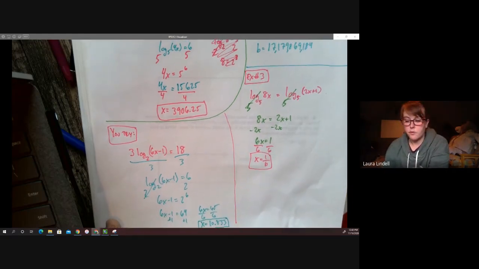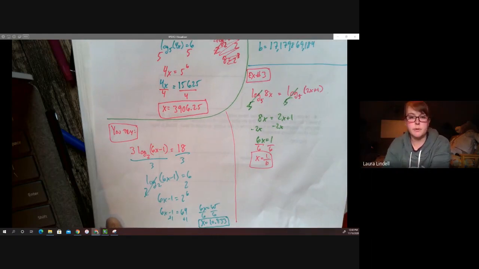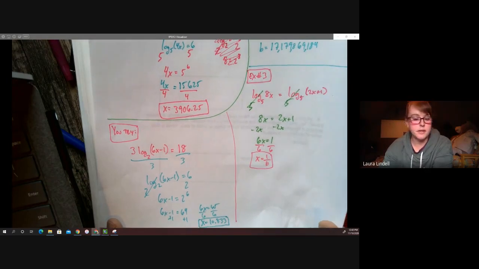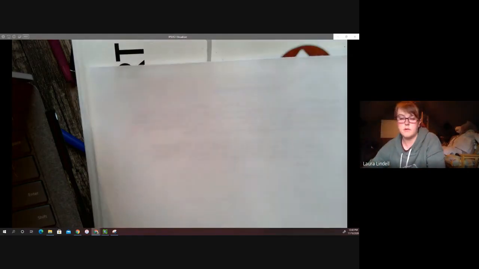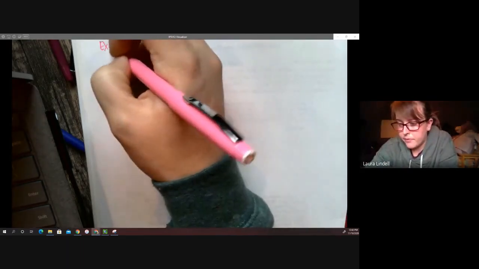Okay, so those are mostly the kind that you guys are going to be asked to do. The other kind that we will see is something a little bit more complicated, so I'll show you one of those as well. I don't believe you'll see any of these in your IXL sections, but they are good problems to at least have seen before. Put something under this because the other paper is showing through. That's a little better. Okay, so for this one, last example,